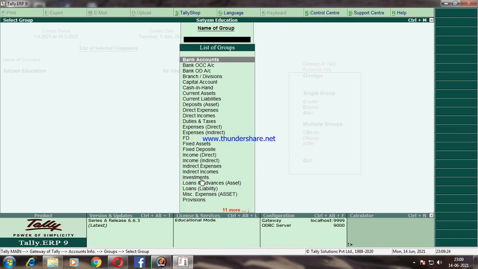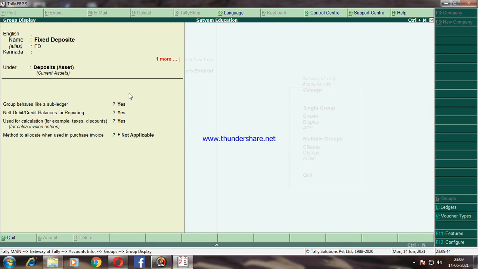Here it will be displayed with the fixed deposit. See, fixed deposit we have created, and along with the alias we entered, so FD is also displayed in the list of groups. If you select FD and press the Enter key, it will open the fixed deposit group.